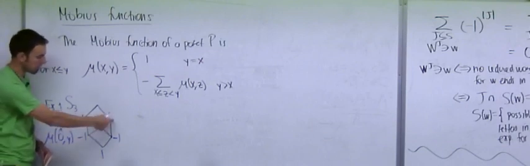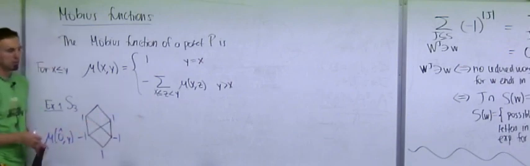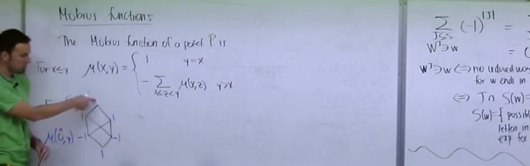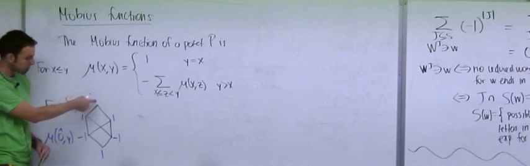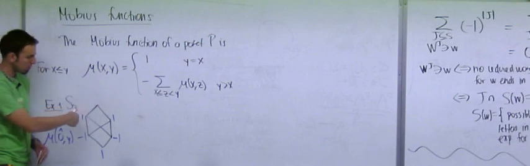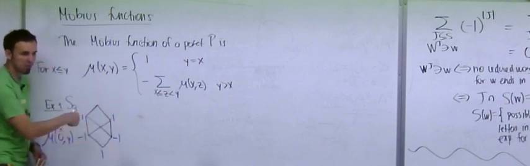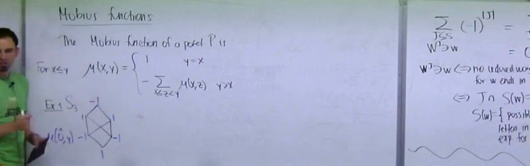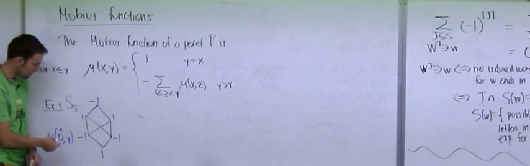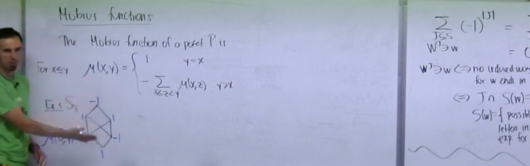Here, the things that are lower are the same ones, so I get a 1 also. And what number should I put here? Well, I have to add up everything that is smaller than this guy. So 1, 1, -1, -1, 1. So I get 1, switch the sign, and I get negative 1. Okay? So these 6 numbers that I'm writing here are mu of bottom element, comma, all the different elements.